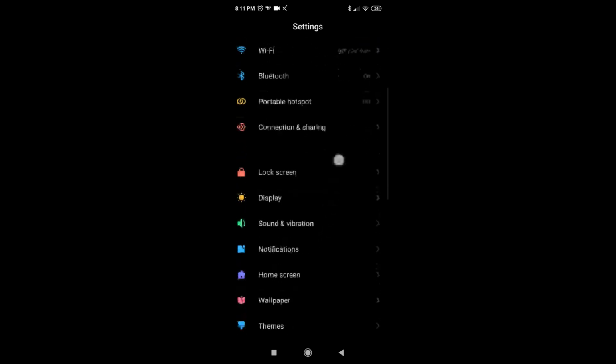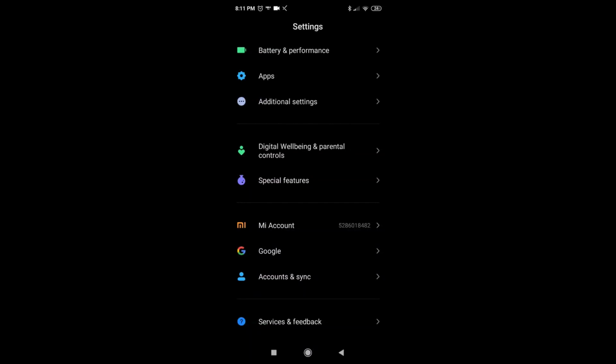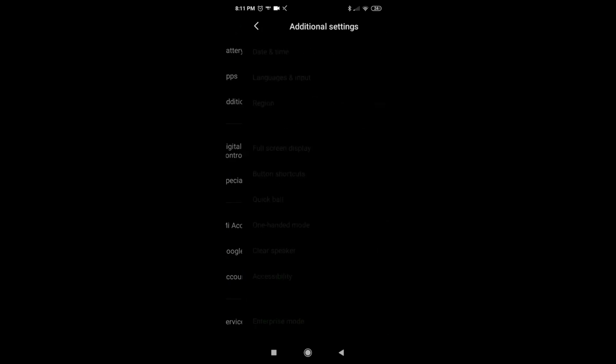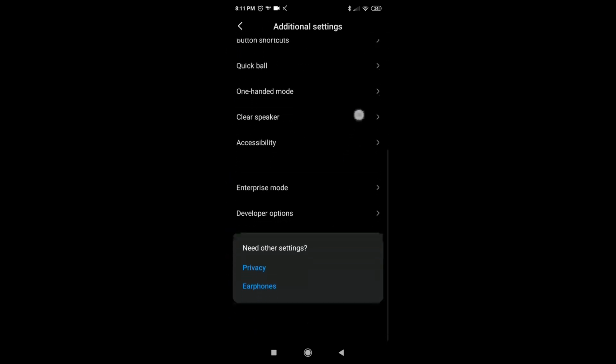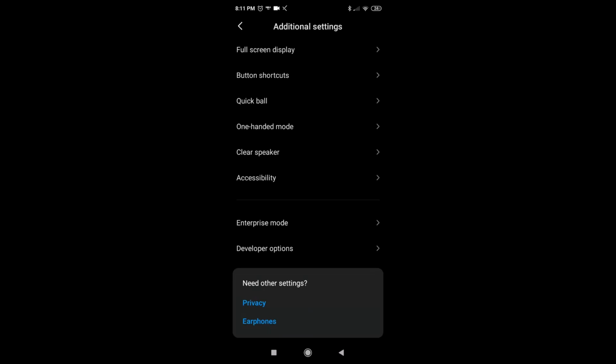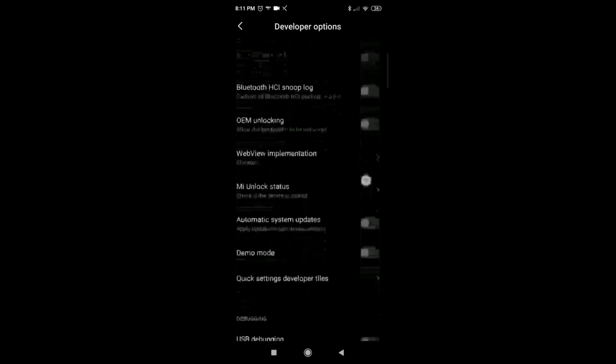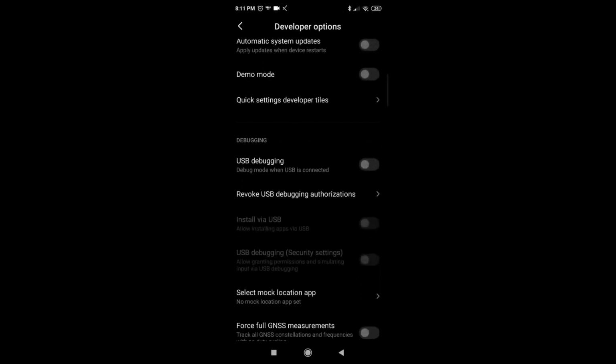So now I will go to the special features, sorry, additional settings, and in the additional settings I will go downside, and there the developer options are enabled now. So I will click on it. After clicking here I have to search for USB debugging.